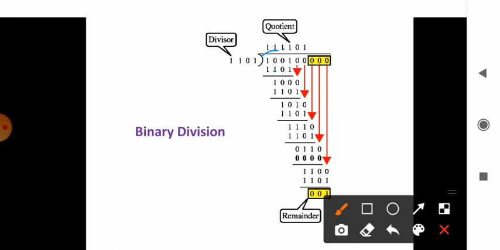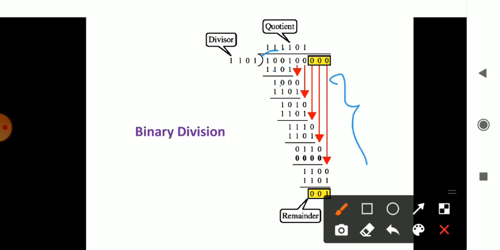Once again it becomes 1101, ones are 1101. Once again subtraction happens, it accepts here 2 minus 1, 1. Here it has borrowed, so it becomes 0. Once again it has borrowed here 1, it becomes 2, 2 minus 1 is 1. Like that, it accepts each and every time it does the binary subtraction here.